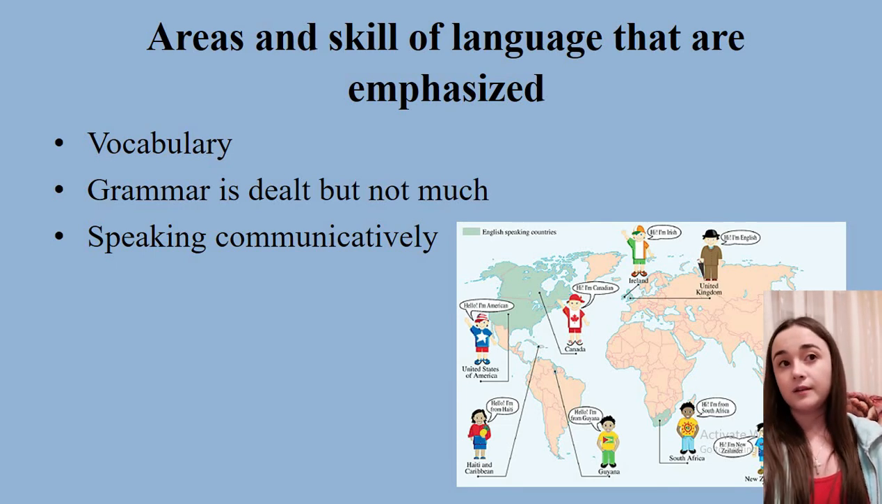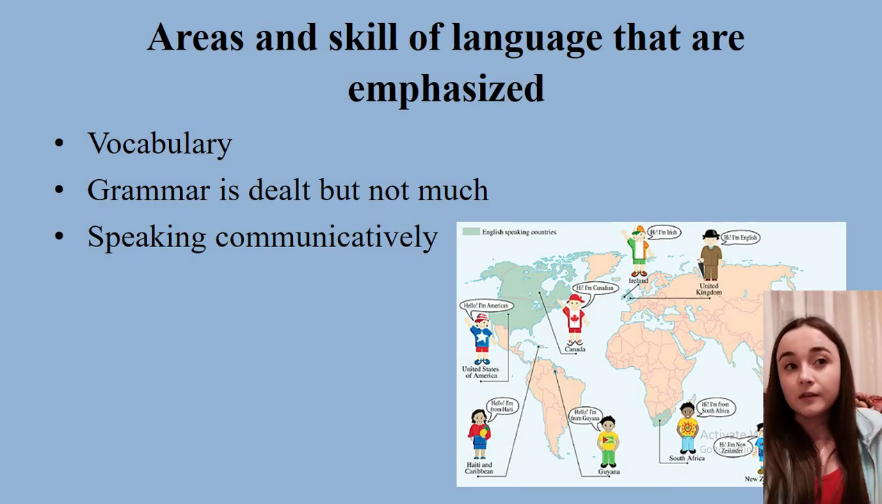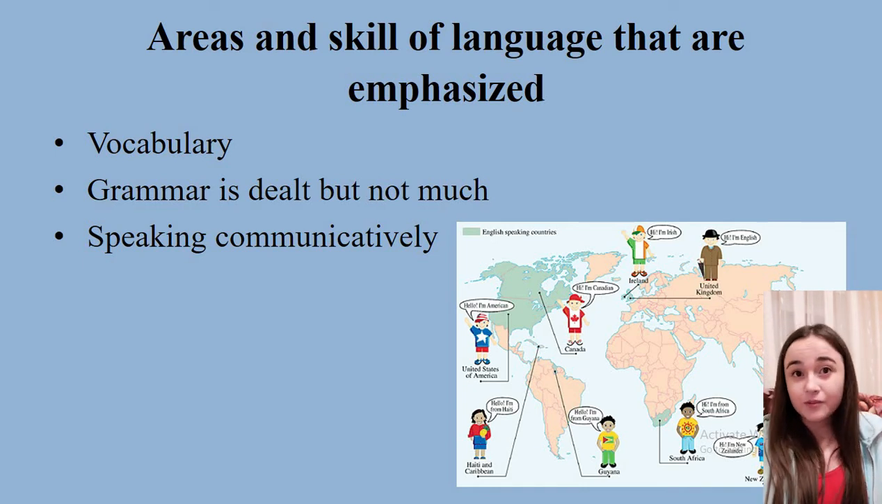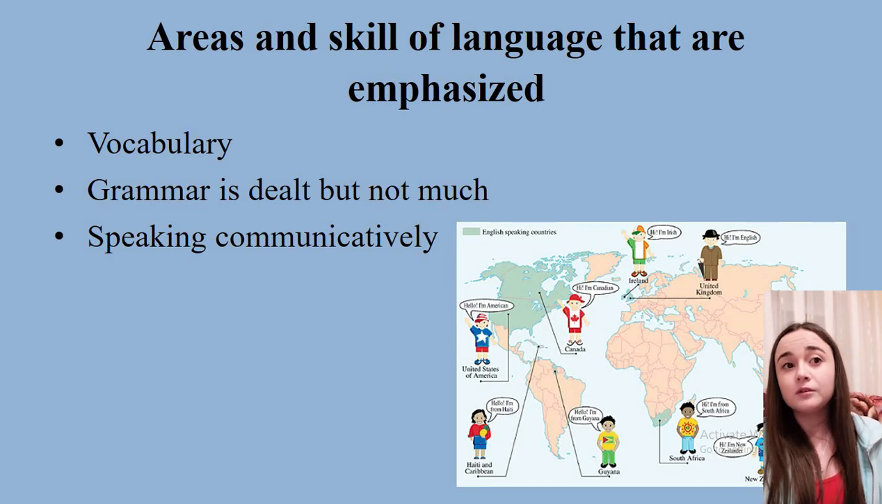Areas and skills of language that are emphasized. Vocabulary is emphasized. Claims about the success of the method focus on a large number of words that can be acquired. Grammar is dealt with explicitly but minimally, because the paraconscious mind will observe the linguistic rules. Speaking is emphasized. Students also read in the target language, for example, conversations, and write, for example,